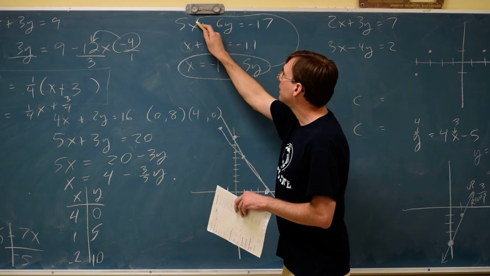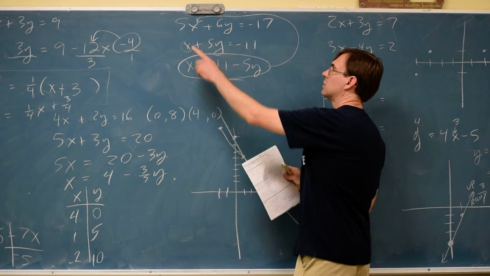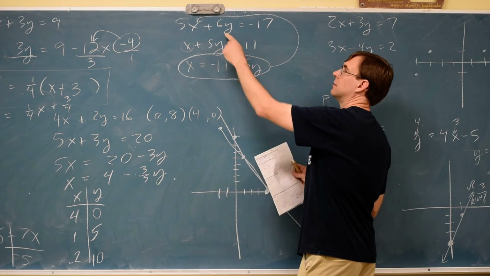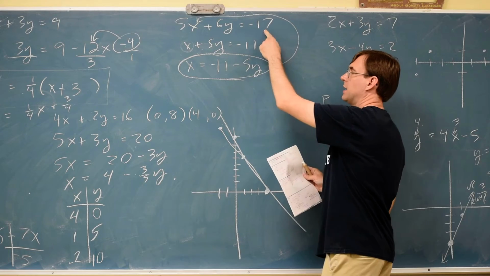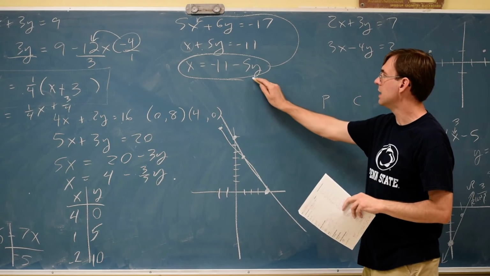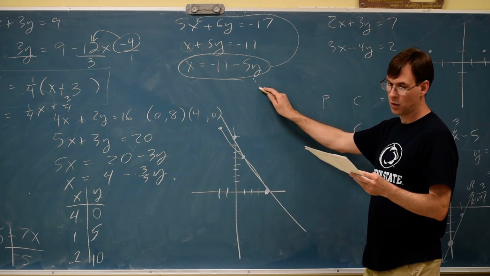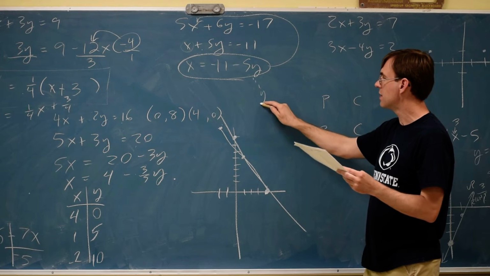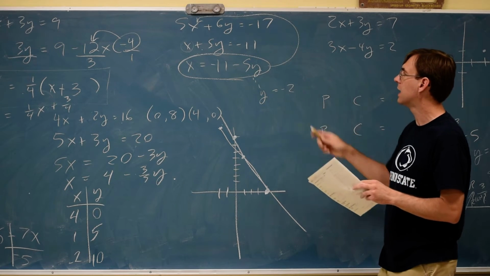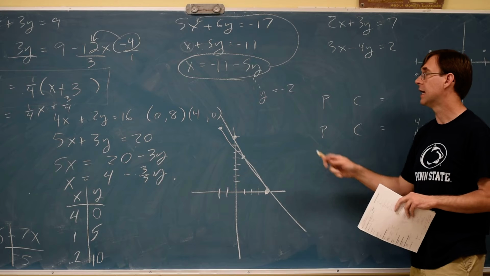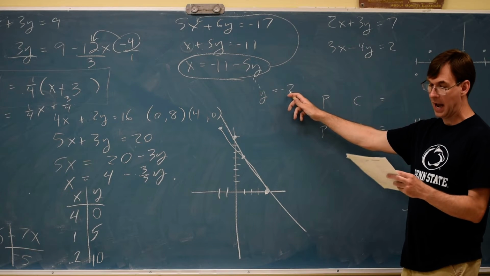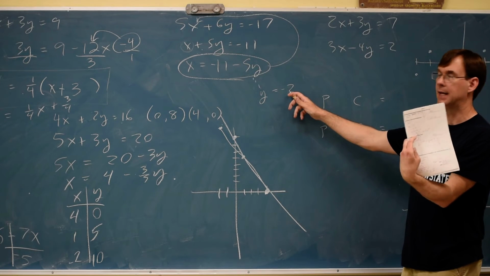I would put that in for the x. So 5 distributes this, still plus 6y, still equals -17. That should have you on a road to eventually figure out that the y will be -2. And if you can get the y to be -2 figured out, and the details are on the key that I sent you,